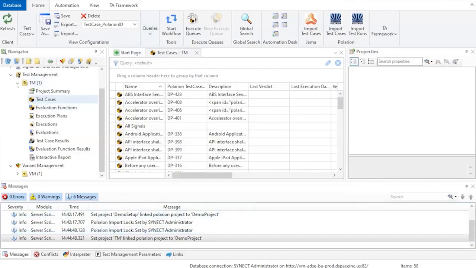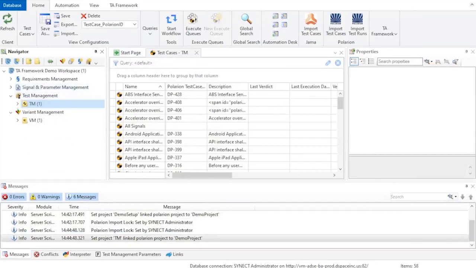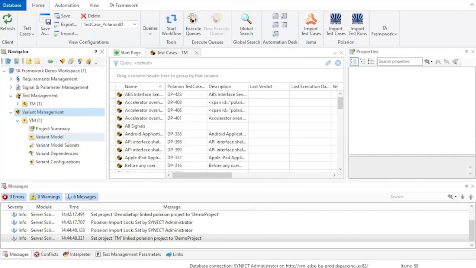We'll come back to our test management in just a second, but let's go into our final module here, which is our variant management. Within variant management, you can come in and manage the different variations of tests based on the type of platform that you're performing, as well as the type of tests you may be performing across multiple projects. Again, we're not going to get into that too much today,